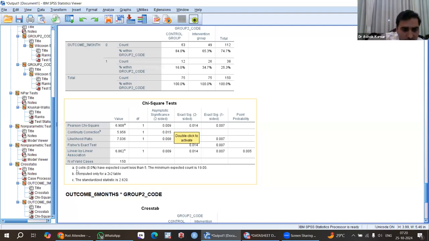Second condition: if there is 1 cell, 2 cells, 3 cells, 5 cells, 6 cells, whatever cells here, where 1 cell has an expected count less than 5, 2 cells, 3 cells, so what you have to do? You have to take the Fisher exact test value, in front of Fisher exact test and below this, exact significance two-sided, not one-sided. We prefer two-sided always. And this is the p-value